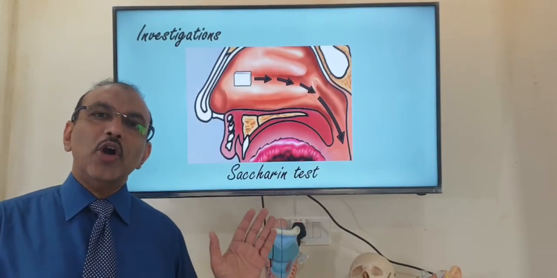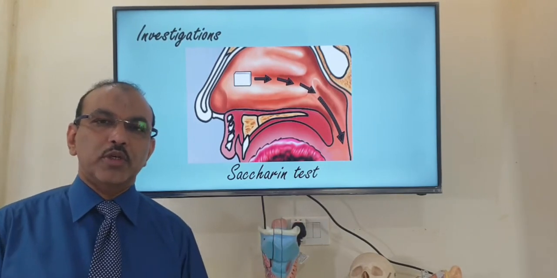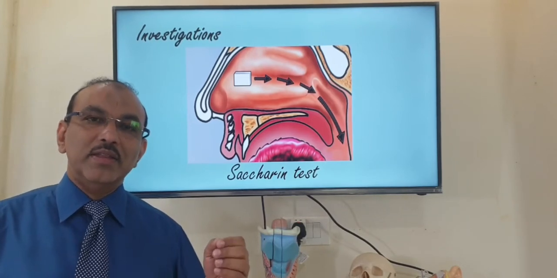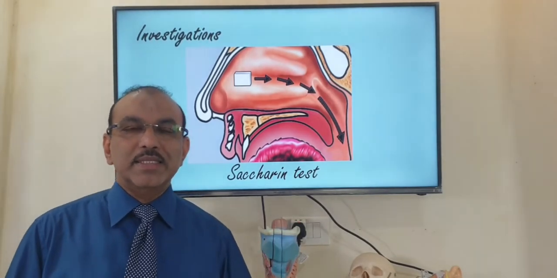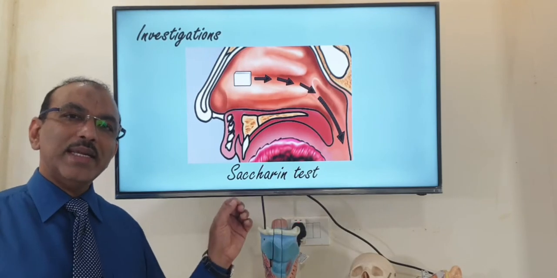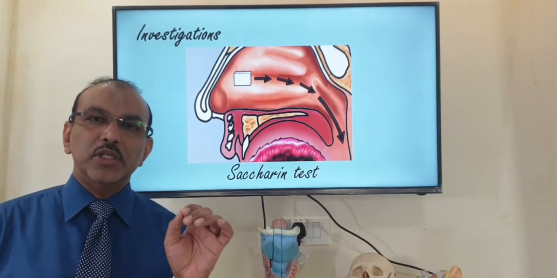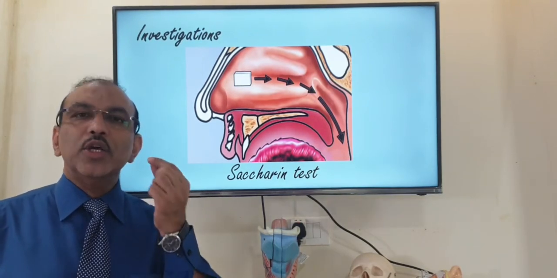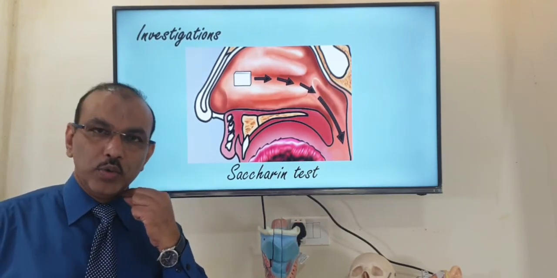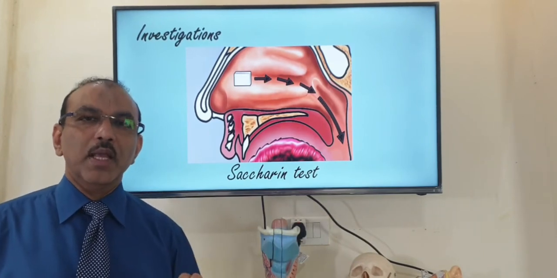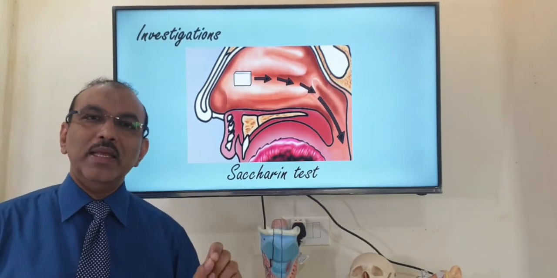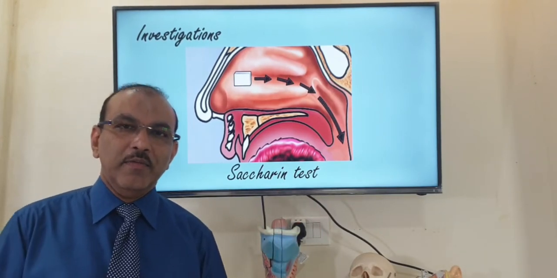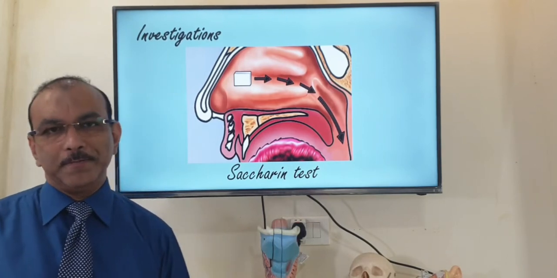So these tests are not done in every child who comes with 2 or 3 episodes. These tests are done only when we suspect that this can be a case of primary ciliary dyskinesia. Simple tests like the saccharin test, saccharin is nothing but a sweetener. If you keep it in the nasal cavity, you should get a good taste in the mouth after 20 to 30 minutes. But if the cilia doesn't work normally, this period is much more prolonged, giving us an indirect proof that the cilia is not working properly.